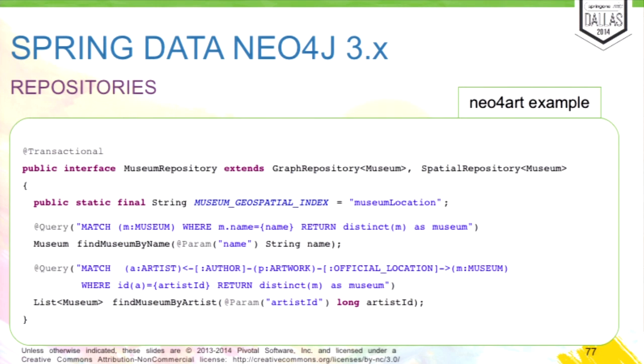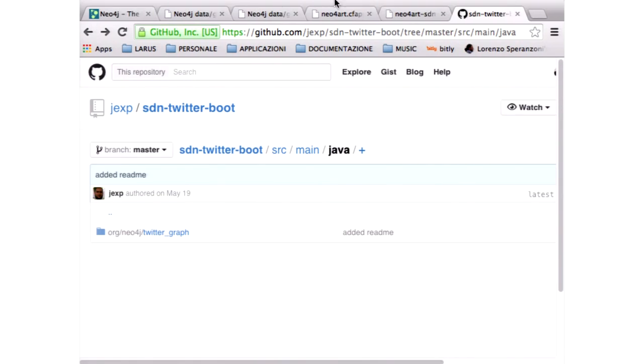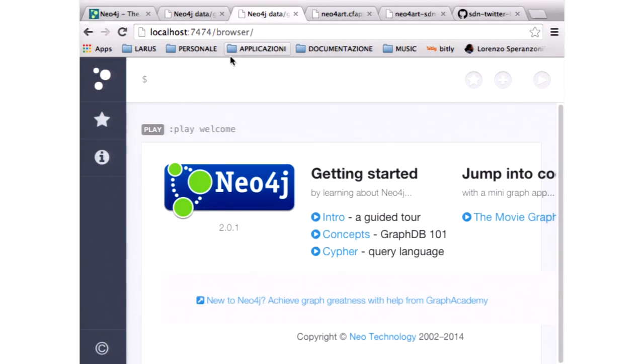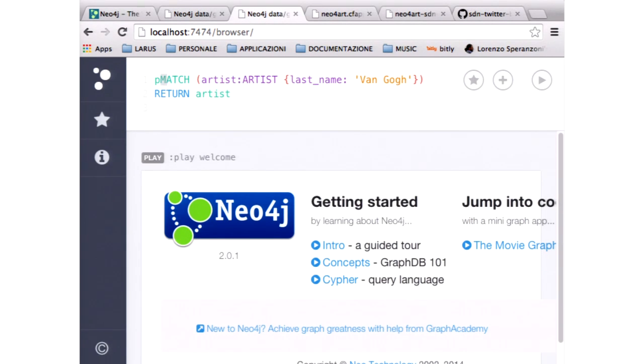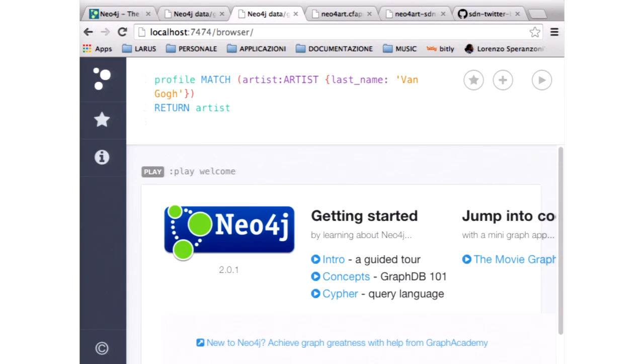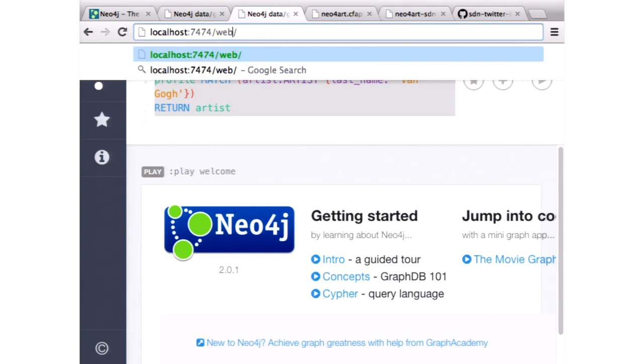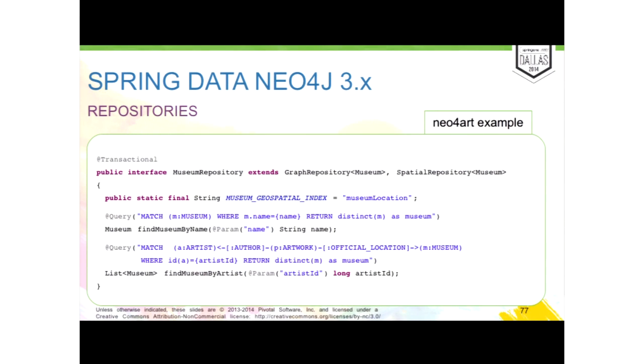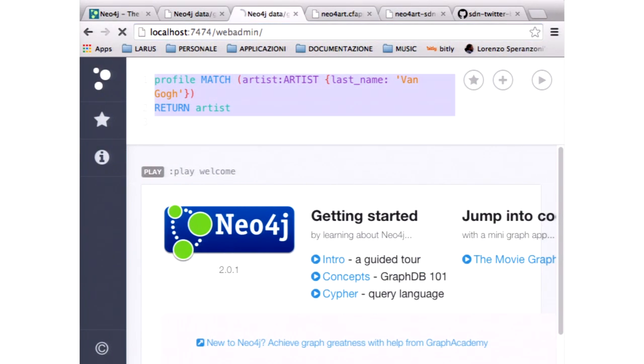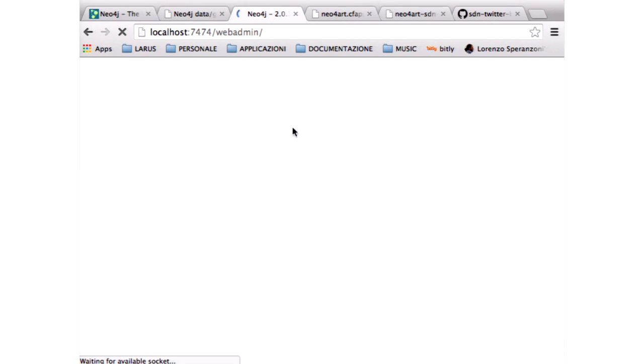So for instance, if I, let's see, we don't have that much time left, but if I put profile here, it's not yet in this UI, but we have the Neo4j shell UI, where is it? Come on.